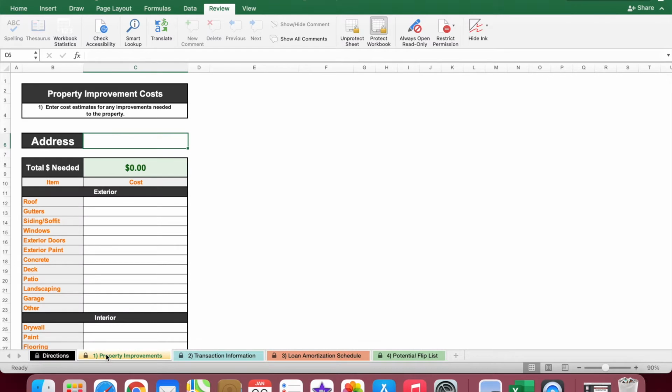In this tab, you enter in all your property improvements. So down here, there's a bunch of categories. And after inspecting the house, you need to assign a dollar value to each of these categories, which is going to signify how much it's going to cost for you to make an improvement to that area. So let's put the address of this house down,